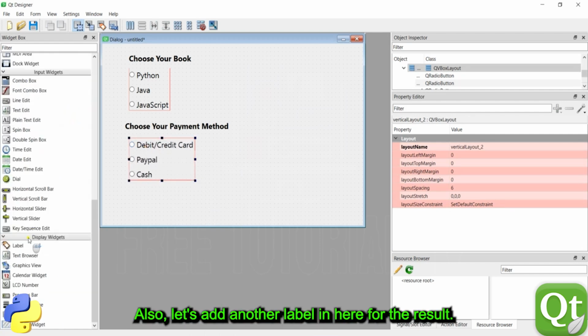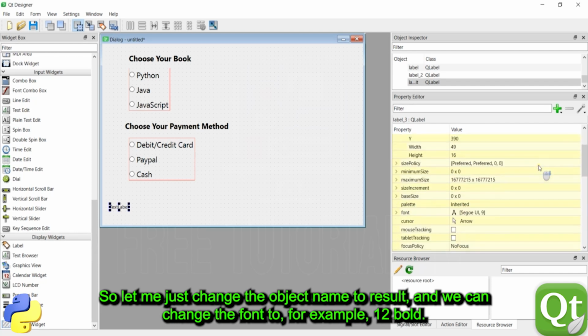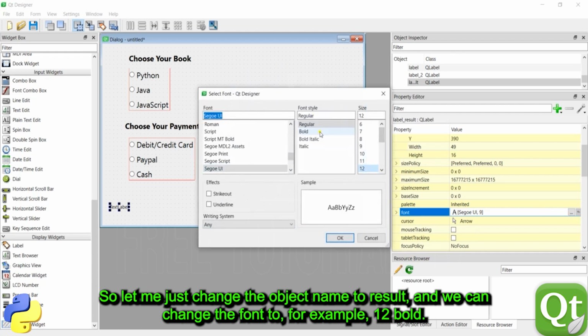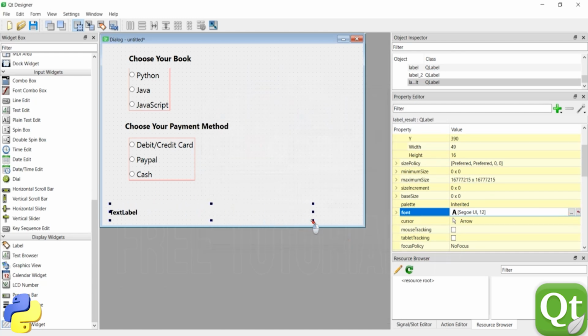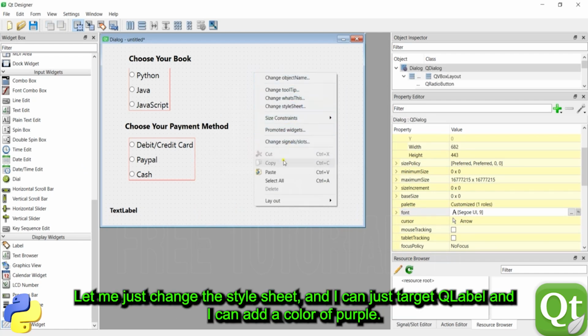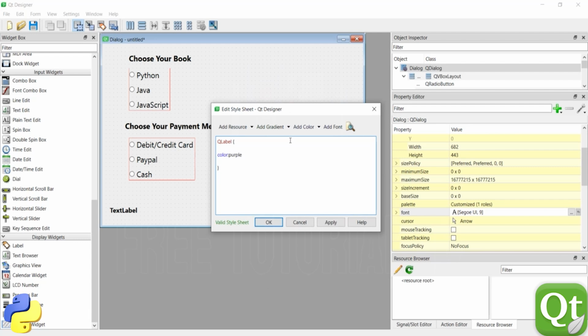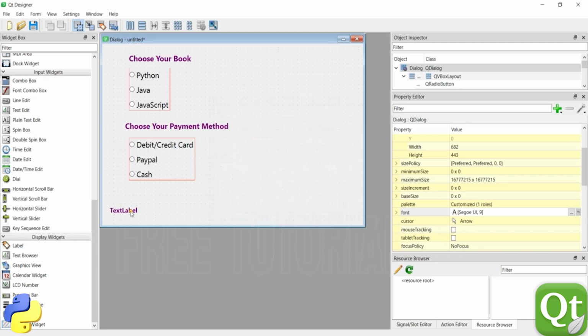Let's add another QLabel in here for the result. Let me change the object name to result, and we can change the font to, for example, 12 point. And also we change the color in the style sheet. I can just target QLabel, and I can add color of purple. And if I view this preview,